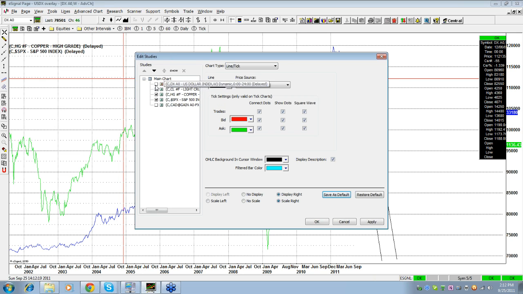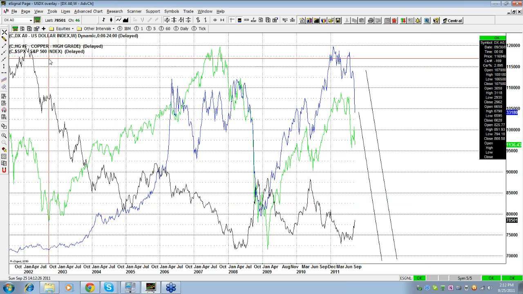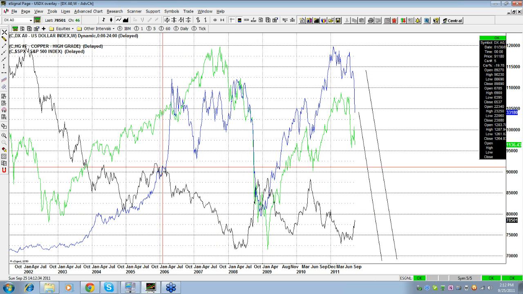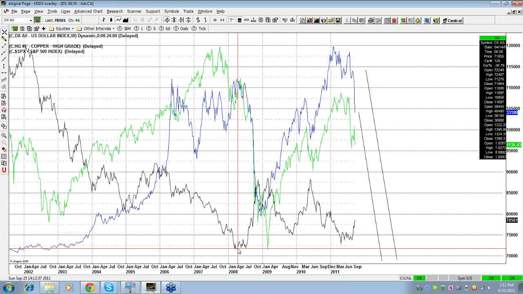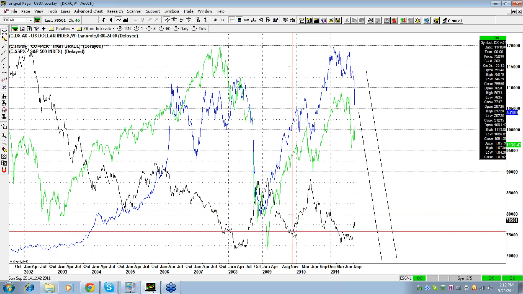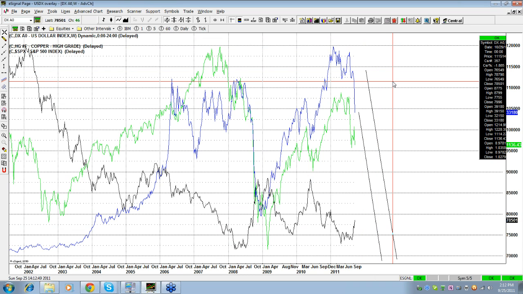Let's add the dollar chart to that right there, and we're going to see how they trade inversely. In other words, when the dollar trades lower, the S&P and Copper trade higher. Same right here, dollar lower. Dollar higher, they trade lower. And then right here, dollar lower, they recover higher. So you can see the inverse correlation between those metals together with the dollar. So technically, lower S&P, lower Copper.